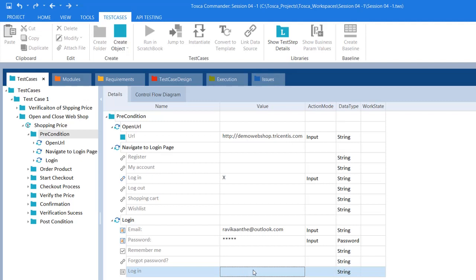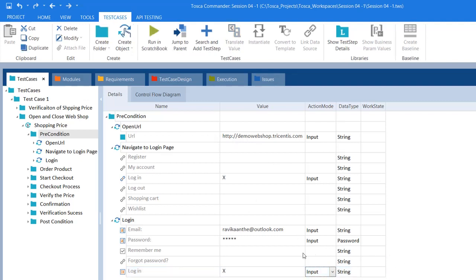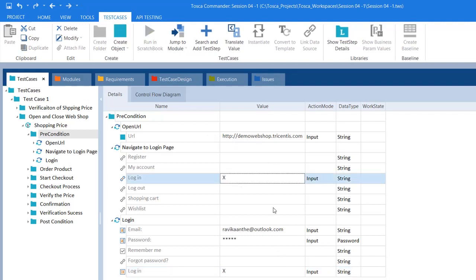Again for the button I'm going to pass the value as X and my action mode as input. Okay, it's just a precondition folder where we have entered the values so that it can perform a login operation. Correct? So this is the way for a button and edit box you can enter the values, or for any test step you can enter the values and provide the action modes.